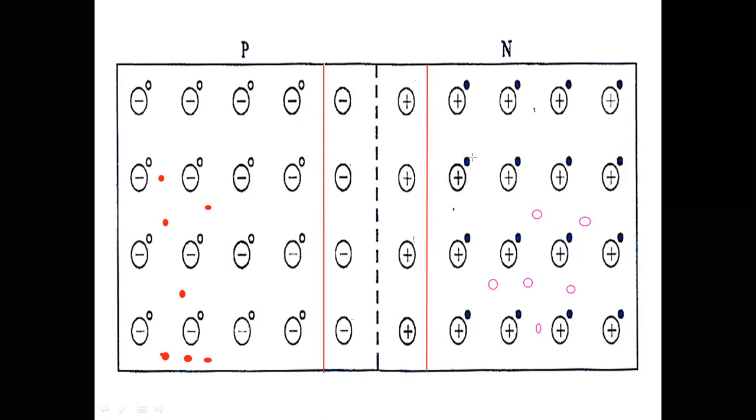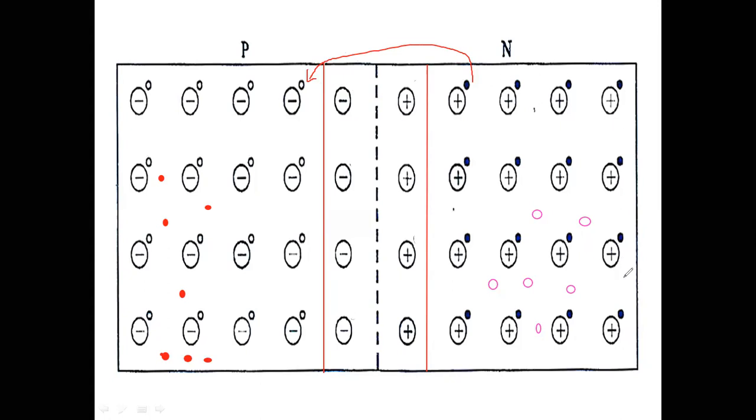Okay, at the n side, the process will also continue. This electron wants to move towards the hole. Why? Because of two reasons. One, the electron is a negative charge and the hole is a positive charge. So if the electron sees a positive hole here, it wants to recombine. It wants to move here, so it will be attracted here. Okay. Number one. Number two, it's diffusion.